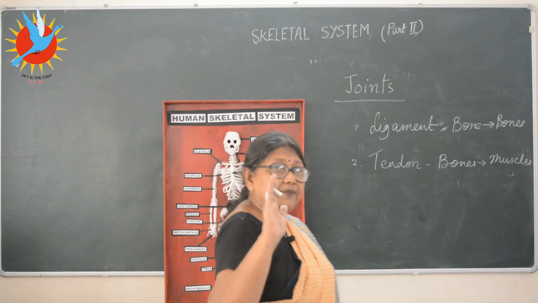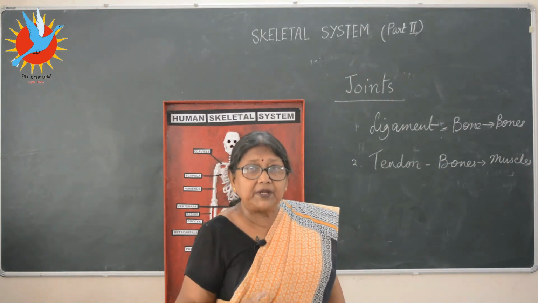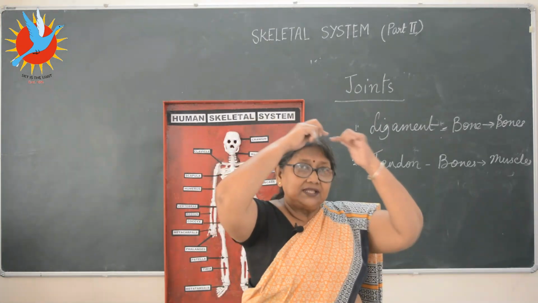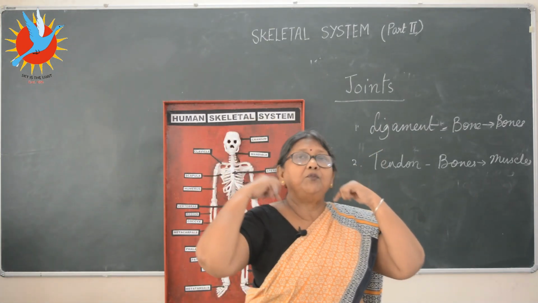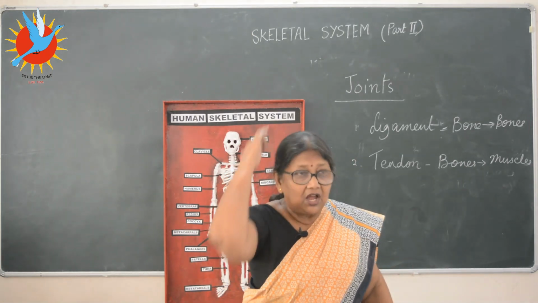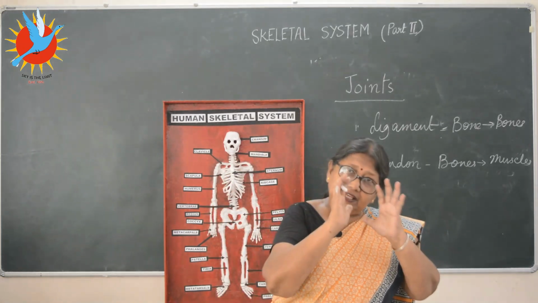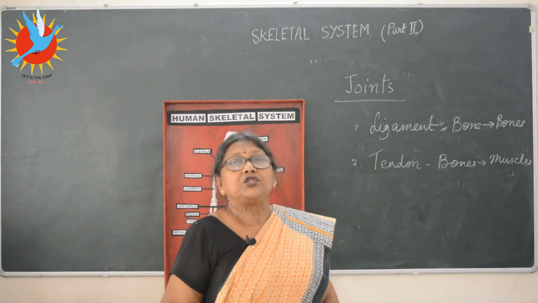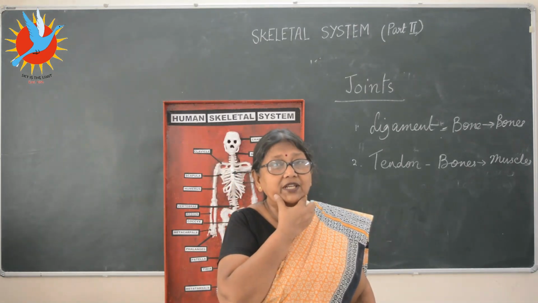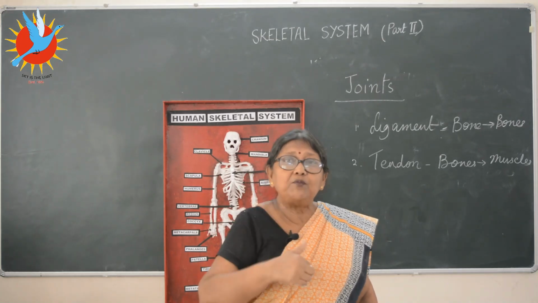Now, there are two types of joints we have already discussed. Remember, immovable and movable. Remember when we did the skull? The bones of the skull which are joined together are immovable, they cannot move. Many bones are joined together but they are not moving, they are fixed, and the cranium is made. So that is immovable. But what about the lower jaw? Remember we did the example. We are moving this lower jaw. It is a movable joint.